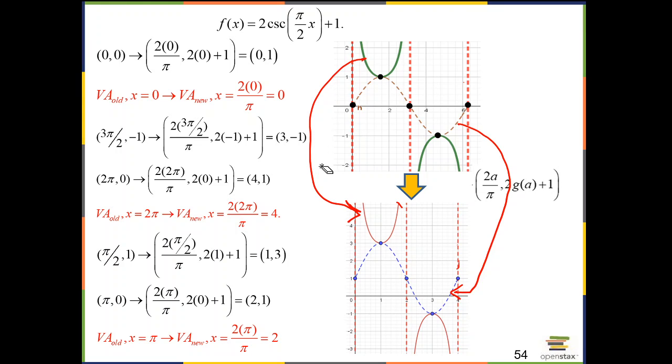So instead of working directly with cosecant, we work with its reciprocal, sine. Okay? Now, secant is the same kind of setup, so it's not very different. So I'm not going to do a secant, but I'm going to find the domain and range of a cosecant